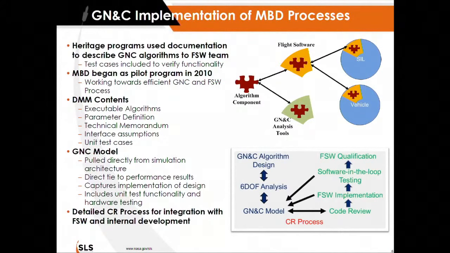So part of our DMM for our GNC includes the executable algorithm, so it includes C code, parameter definitions, what our parameter files are for all our inputs, a memo that describes the algorithms and the approaches, and interface assumptions, what kind of data we're expecting where. From the nav side, we're very concerned about what the sensors put out, so making sure that the ICDs from the sensors match what's being fed into the flight software, to the hardware managers, all that kind of stuff. So we poke in little areas, make sure that things match what we expect them to do. And then our GNC model is pulled directly from our sim, which allows us to tie back, every time we do a Monte Carlo simulation, to this code that had these results, so we can then do our own